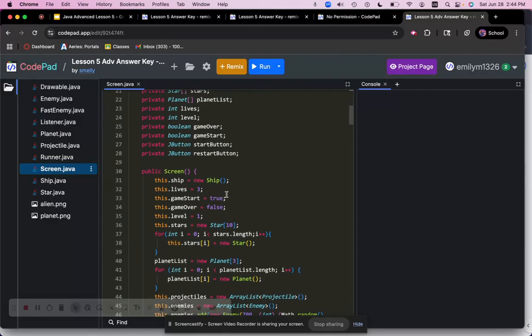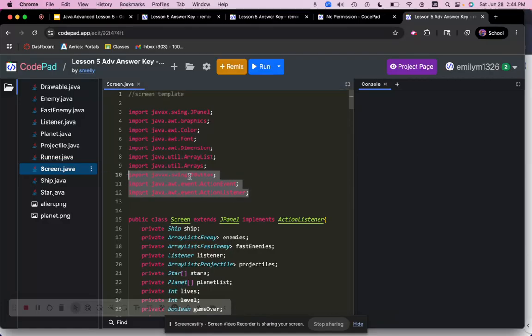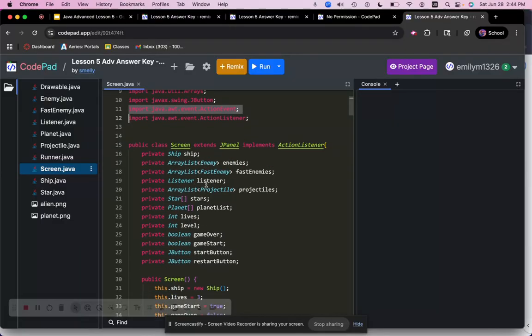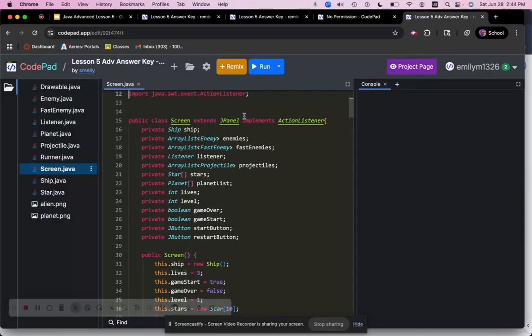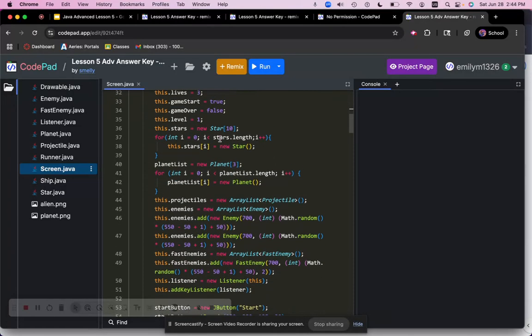So what we're going to do over here is you want to make sure that you're adding your button imports. So JButton, action listener, action event if you don't already have that. And then next thing you want to do is you want to make sure you're implementing action listener so you can actually use it. So you should be extending JPanel and implementing action listener. You want to make sure you have your game start boolean. You want to make sure you have these two buttons, and then after, over here, when you're actually declaring all of your instance variables,